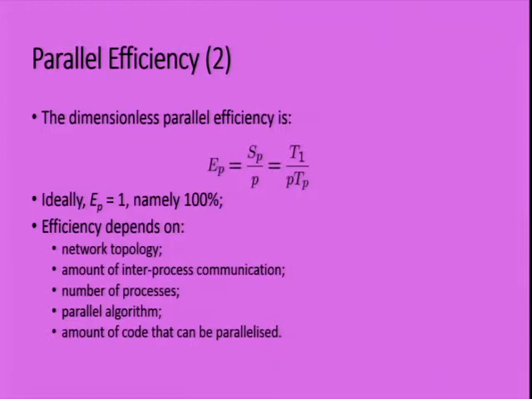So when you're working on a big problem, you've coded it, you've parallelized it, different processes will communicate quite often in physical sciences. And the number of processes you have. Quite often people run 64 process jobs, 128, but you can get jobs that run over 1 million processes. So they all have different characteristics. And the parallel algorithm you use, so how you decompose your problem to solve your global problem. And also the amount of code that you can parallelize. Quite often you might find a code that can only parallelize half of it, and the rest of it has to be done sequentially. Examples of this are your pre and post processing. That has to be done sometimes sequentially.